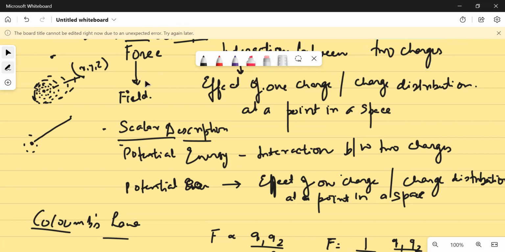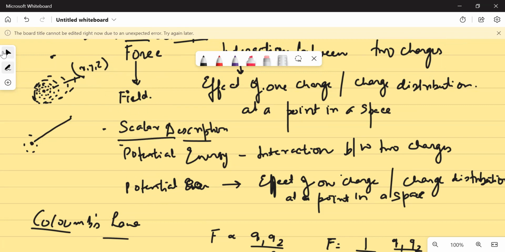The mechanism changes if I have to say the description of that particular force, not as interaction, but what is the effect of that particular charged entity in the space. So as a function of some xyz, there would be some quantity, and that particular quantity can either be field or it can be potential. We'll see how